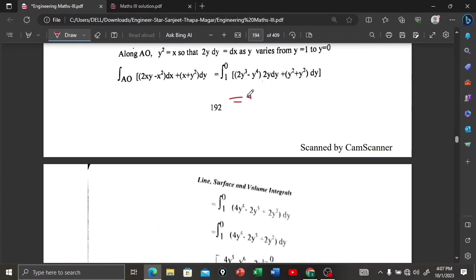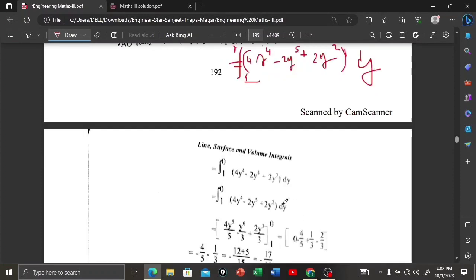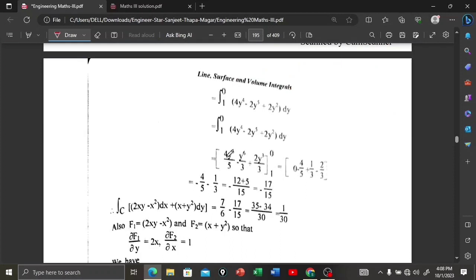2 to the 4, and y cube times y is y to the power 4, minus 2 y to the power 5, plus y squared plus y squared, it is 2y squared, and in the bracket it is dy, and from 1 to 0, it is 4y^4 minus 2y^5 plus 2y squared dy. Now integrating we get